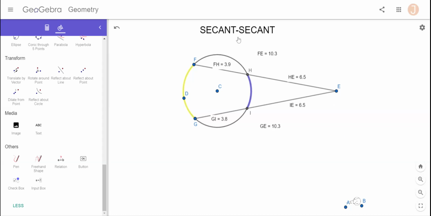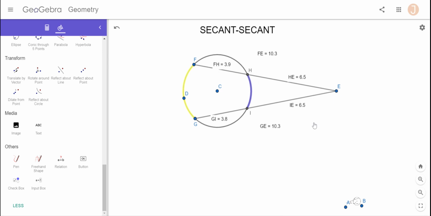Hello, everybody. We are back with the secant-secant relationships from our GeoGebra activity. I've taken the liberty of drawing a couple secant segments and putting some measurements on there in terms of the side lengths, just to make things speed up a little bit. I know we've all played around with this already, and hopefully you've come up with some good things when you've played around. What we have here are each individual segment, and then FE would represent the entire secant segment from